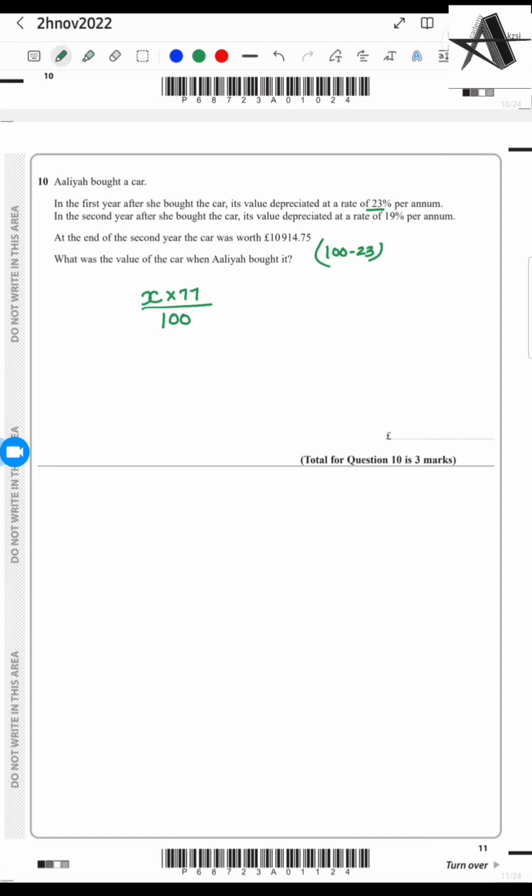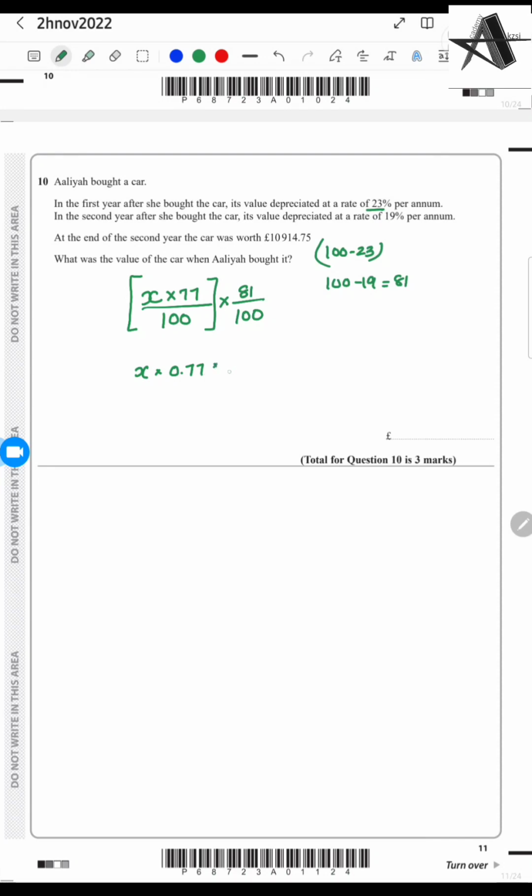In the second year, the car depreciated at the rate of 19%. That means 100 minus 19, which is 81%. This was the value of the car at the end of the first year, then its value depreciated by 19%. That means now it's 81% of the value that it was at the end of the first year. So it's going to be 81 over 100. So you can say x times